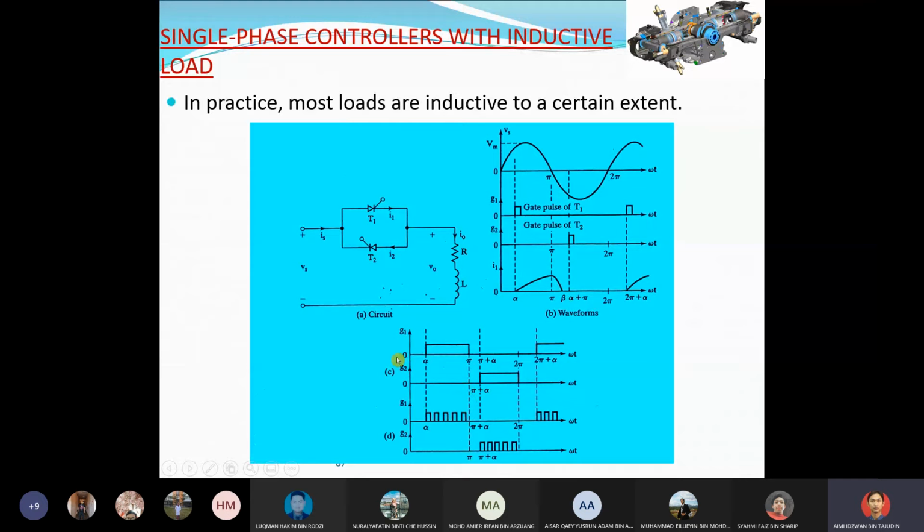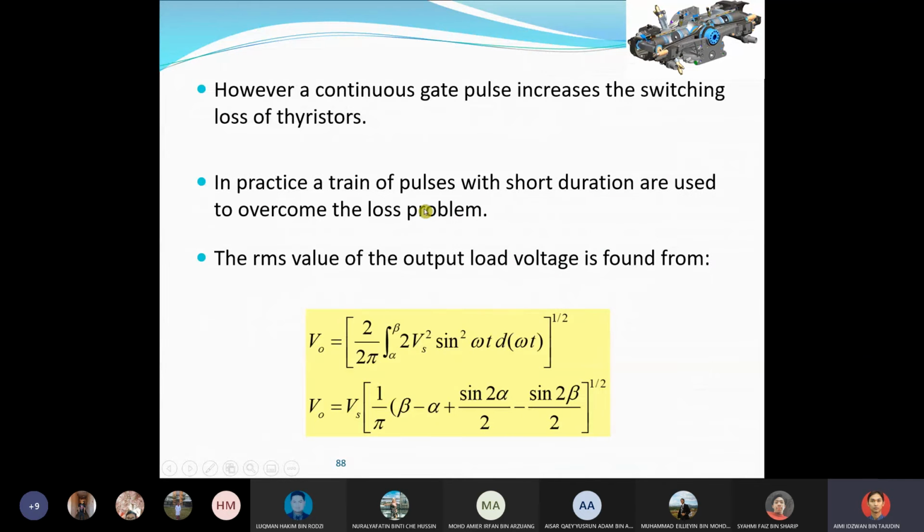Okay, this is the signal lah switching kita. Instead of kita bagi dia on saja, kita boleh pecahkan kepada PWM, beberapa portion. Kita chop dengan signal. Okay, so however a continuous gate pulse increase the switching loss of thyristor. So kalau kita continuous switching